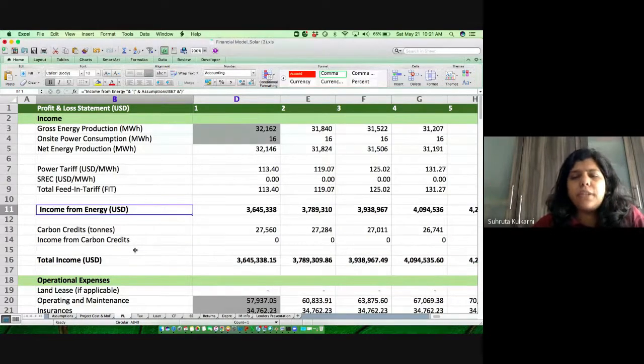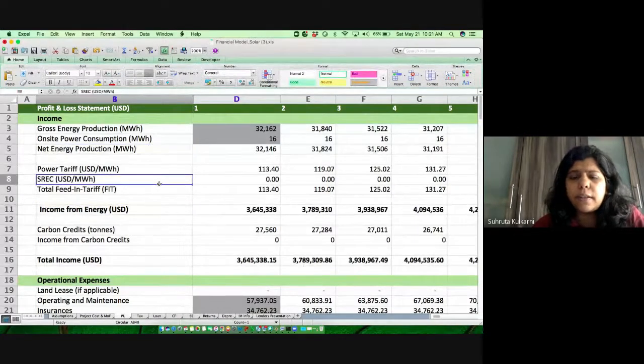For complex projects, you might want to have an income sheet and an expense sheet, and then pull all of this into the income statement. This could also be built, so that's also a possibility, which some of the models have.